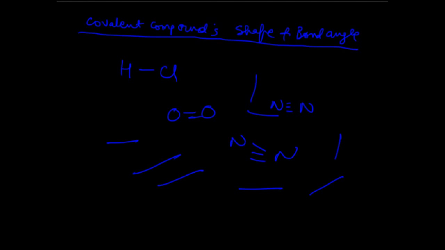So now let us consider when there are more than two atoms involved in the formation of bonding. So case 1. Now in each of the following cases that we are going to learn, we'll have a central atom, that is an atom which forms bonds with many other atoms. So when the central atom has two bond pairs and zero lone pair,